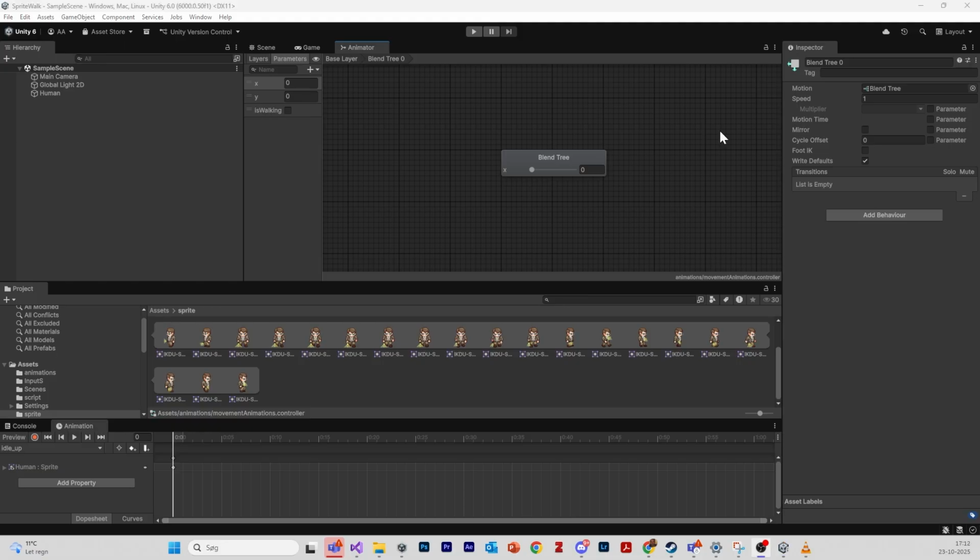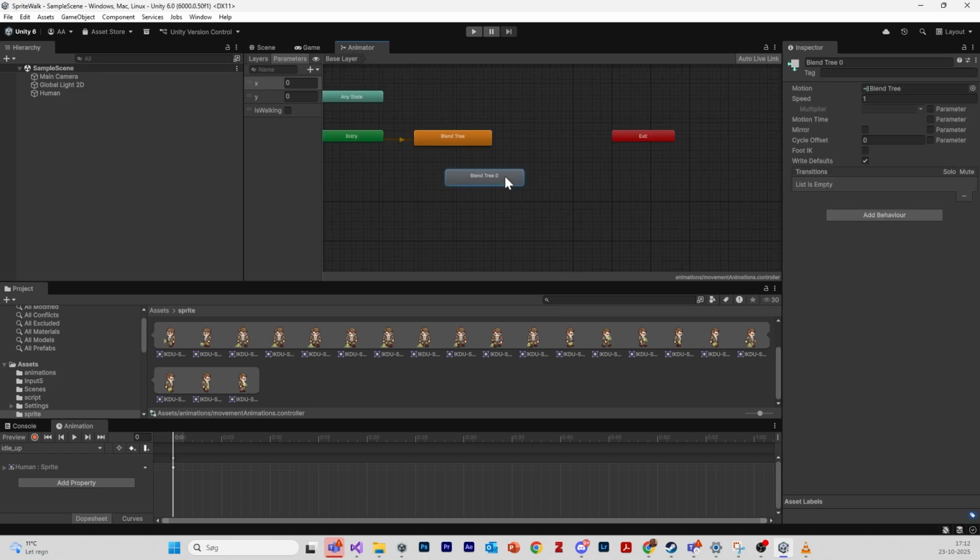And how do we change the name of this blend tree? Let me see. I can maybe double click it. No, right click. Here it is. We can change the name here. I will call this one walk blend tree, and we will call this one idle blend tree. There we go. And this is what's going to happen from the beginning, but we want to